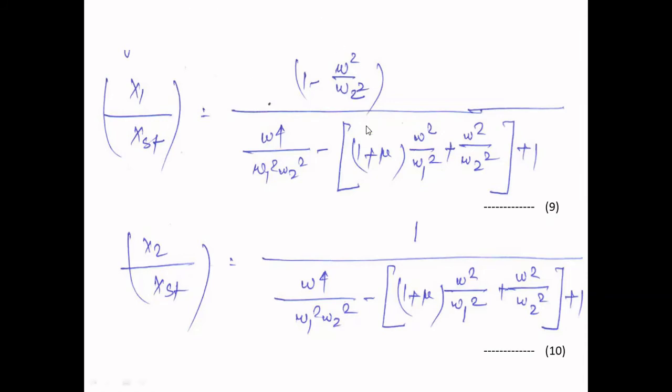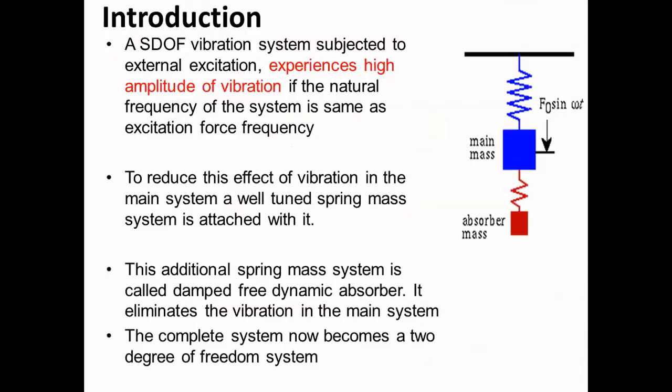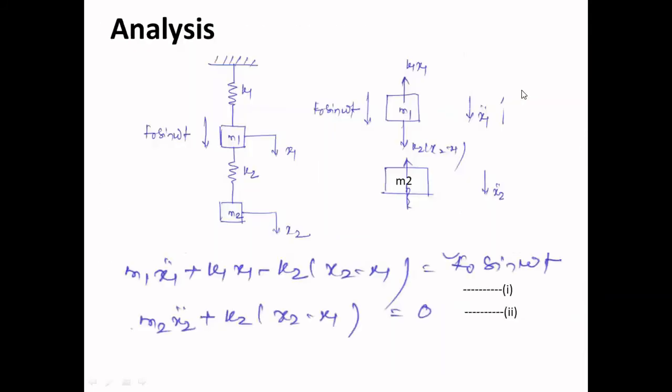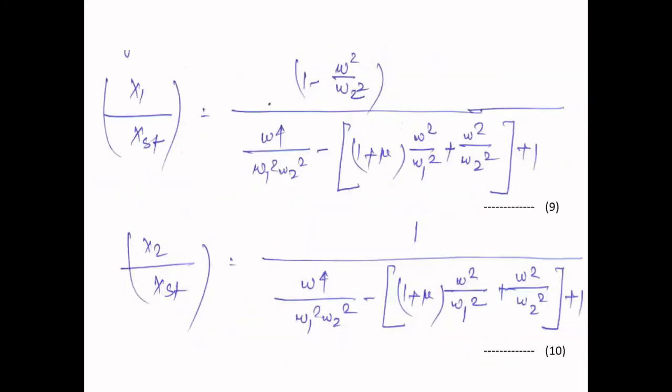So when you design an additional mass in such a way that its natural frequency, that is square root of k2 by m2, becomes equal to omega, then this mass is going to move up and down, whereas the vibration on the main mass becomes equal to zero. It means that this absorber has completely absorbed the vibration and is not letting any vibration go to the main mass. You understand?